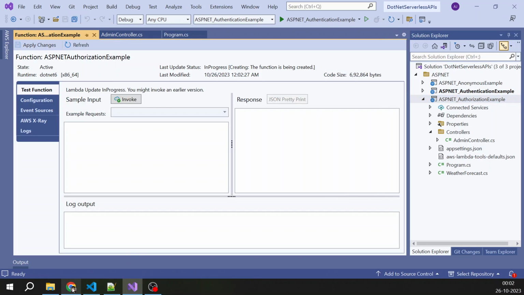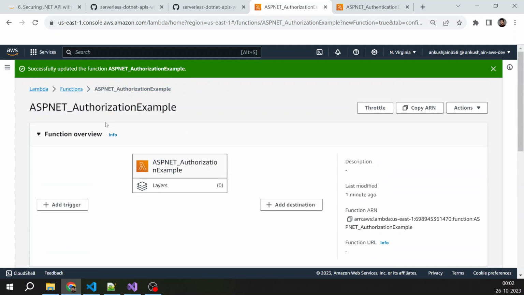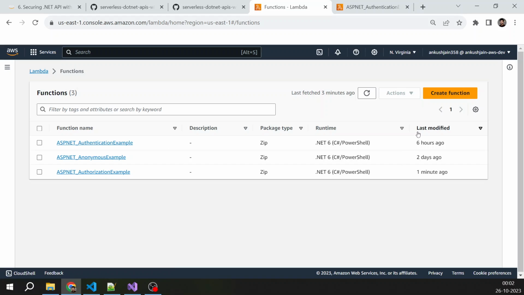Okay, it is done. I will just move here in functions. You can see it was updated 10 seconds ago, and I think we are all done with the function related stuff. So now it is time to invoke this function, and for that we have to go to the API